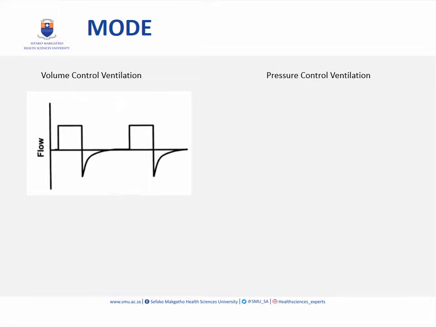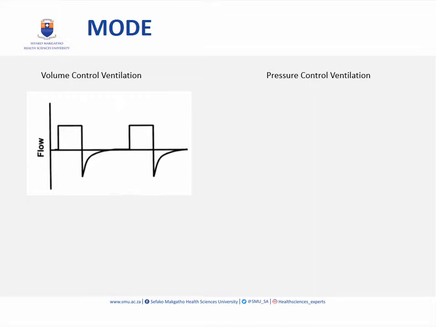At the beginning of expiration, the lungs are full of air and a lot of air has to leave the lungs quickly. So we see a high flow, but because it is now coming in the opposite direction, that is why the deflection is negative. And remember that expiration is completely passive. There's nothing from the ventilator that does expiration. It's purely the patient